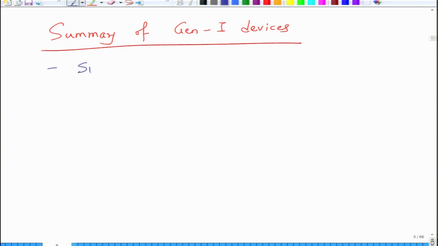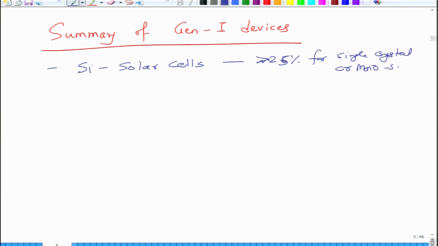So we have silicon solar cells, the commercial ones whose efficiency is 26%, or you can say more than 25%, for single crystal or monosilicon, and about 22% for polysilicon solar cells. Then we have gallium arsenide, which has certain advantages over silicon because it has